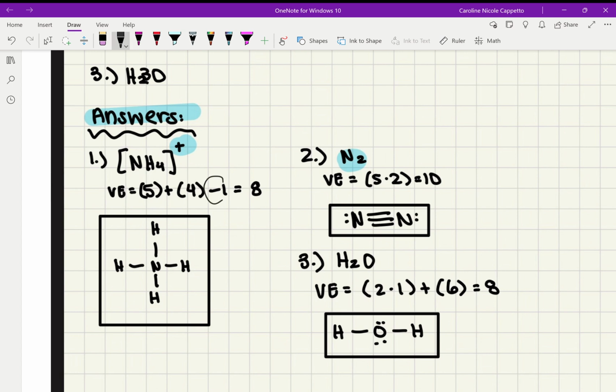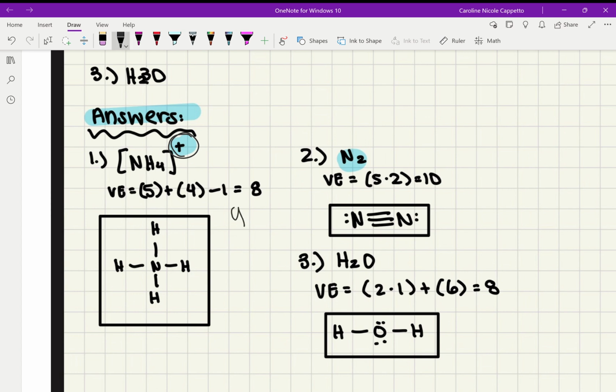But in this case, we're subtracting 1 valence electron, because we have a 1 plus charge. What that means is that we have 1 less electron. And since we have 1 less electron, we want to subtract 1, and we end up with 8 here